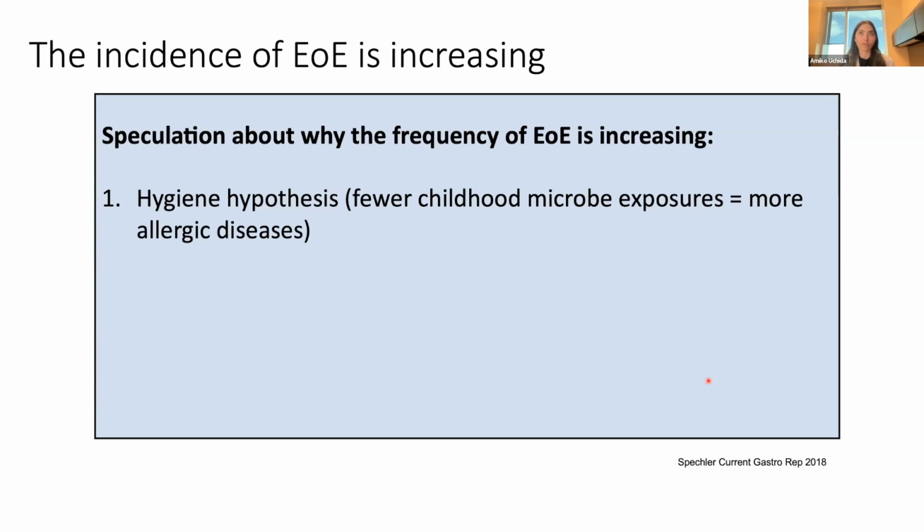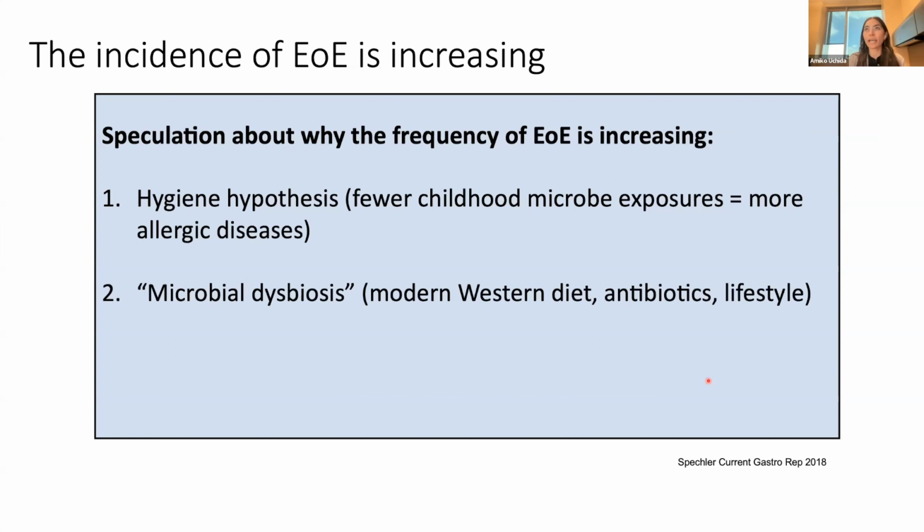Perhaps it's been spoken about in that we live in too clean of an environment, if you will, in these westernized societies. We don't have the diversity of microbes that we were exposed to before. And this ends up leading to an untrained or bored, if you will, immune system that then ends up developing reactions against things that are not harmful, right? Like food, like pollens, aeroallergens, those sorts of things. So that's kind of a big picture view. And we think about this from the perspective of other immune diseases too, like autoimmune diseases, with this same kind of umbrella idea,